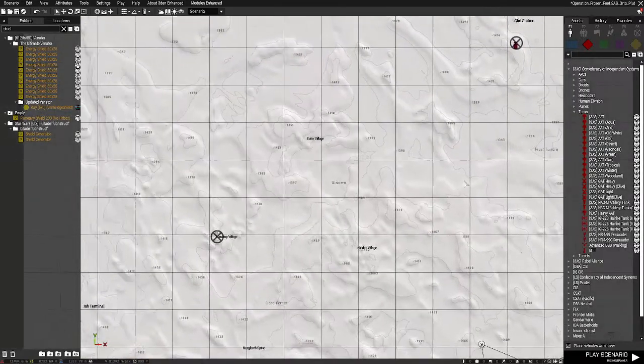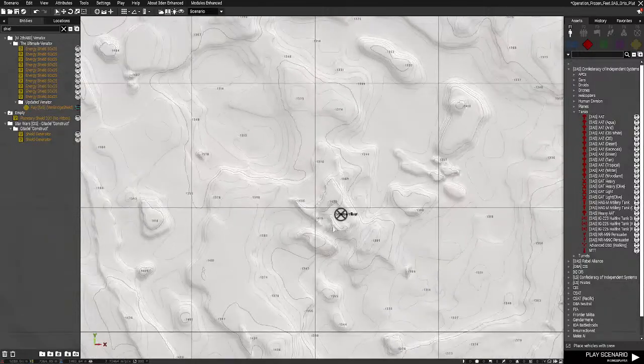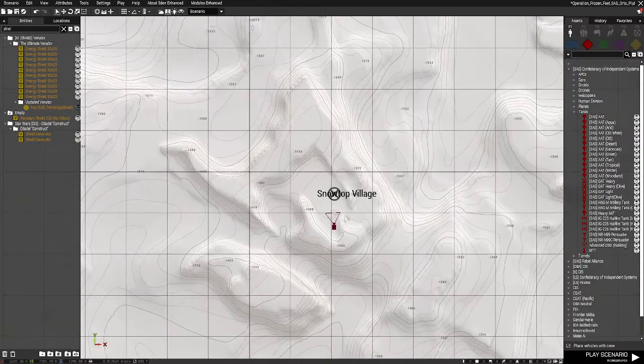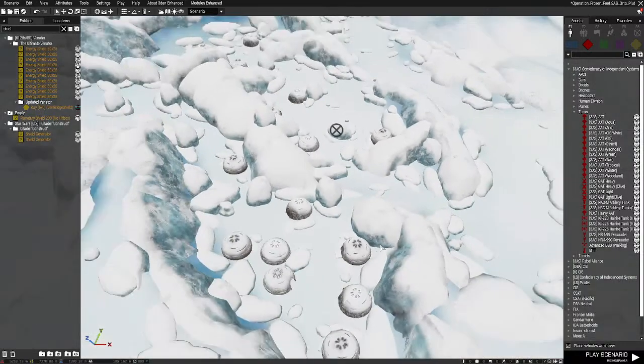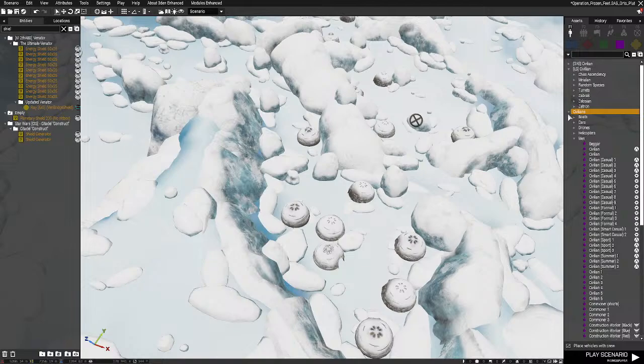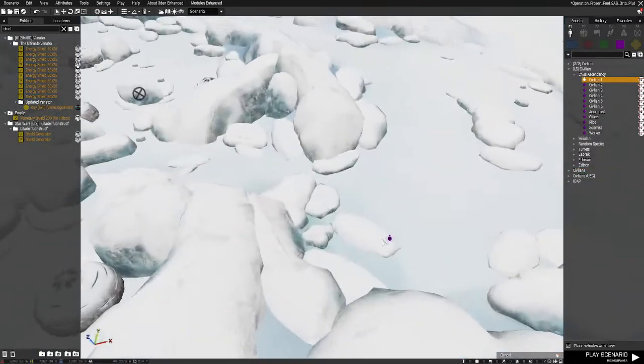I have an idea for what I want to do there. I think we're going to go rescue some guys that are based up over there, because that's a Republic base up there. The Snowtop Village, I want to put down some people. So I'm just going to...